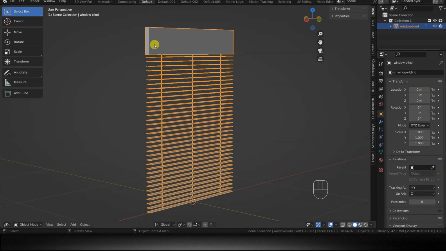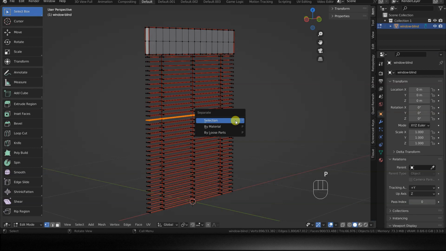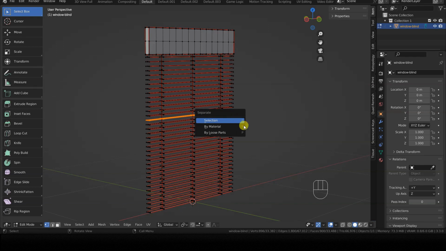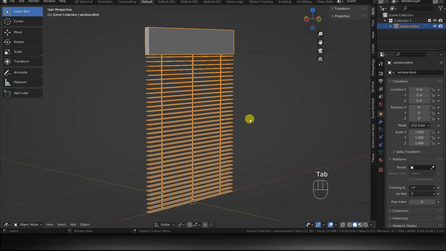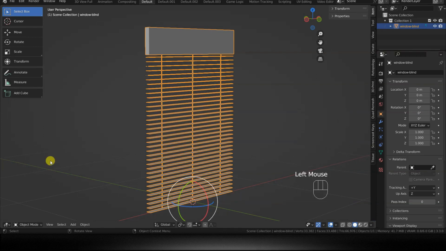First, let's separate all the slats from the rest of the structure. To do this, we need to switch to Edit mode, select only the slats, press the P key and choose Selection from the Separate menu that will appear on screen. There are several ways to select only the slats, and I'll show you a few here, so you can choose the one you prefer, and, if you're not familiar with them, you'll learn this too, which could be useful in other circumstances.